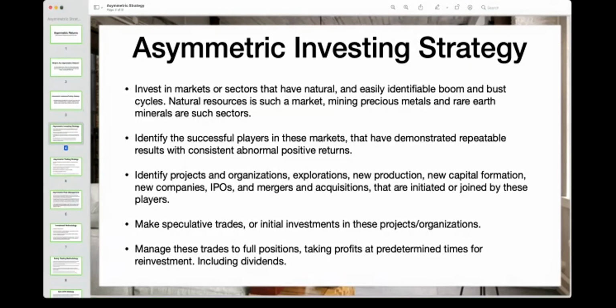So first, I'm going to talk about the asymmetric investing strategy, and then we'll talk about the asymmetric trading strategy. And even if you're not in the asymmetric advisory, which is our newsletter, I think that you'll find this interesting, and you may want to join this if you find this sort of thing compelling. And I think you will, considering that this was the actual original service that I opened a little over